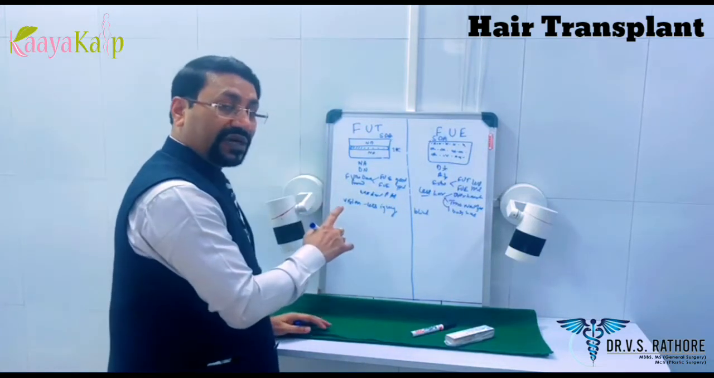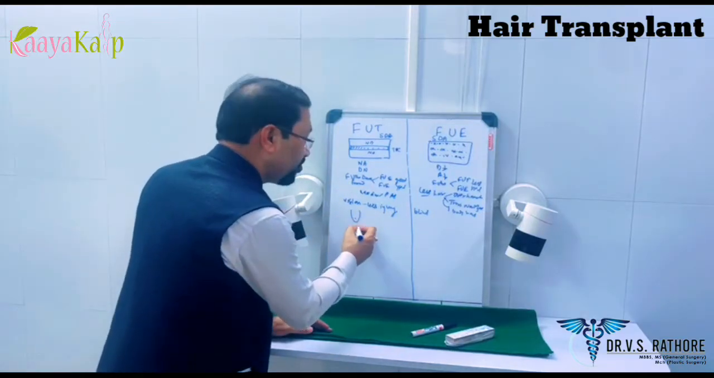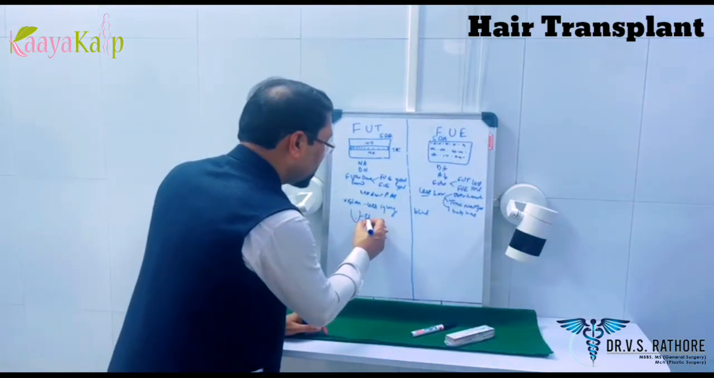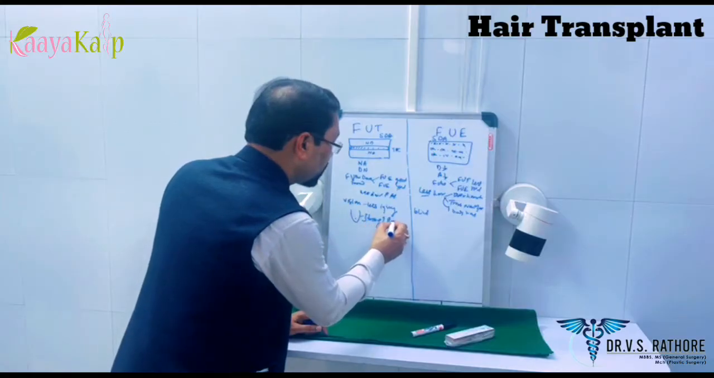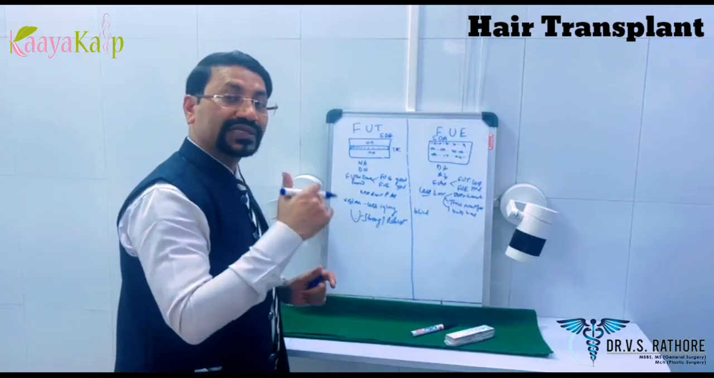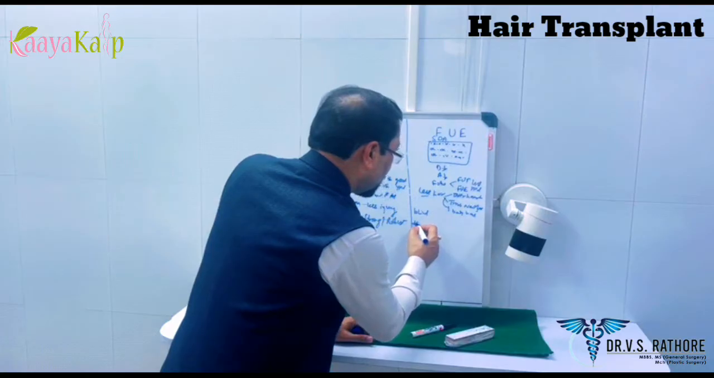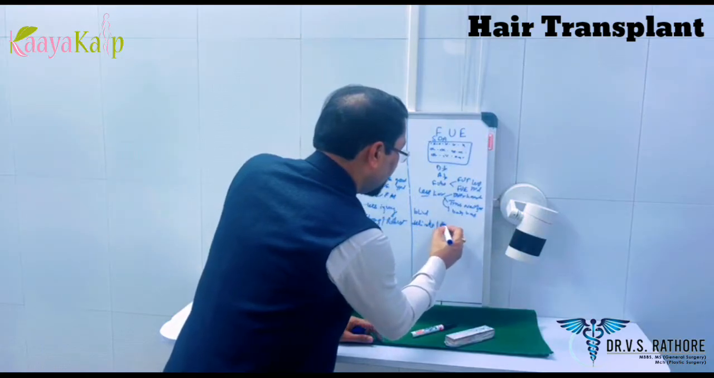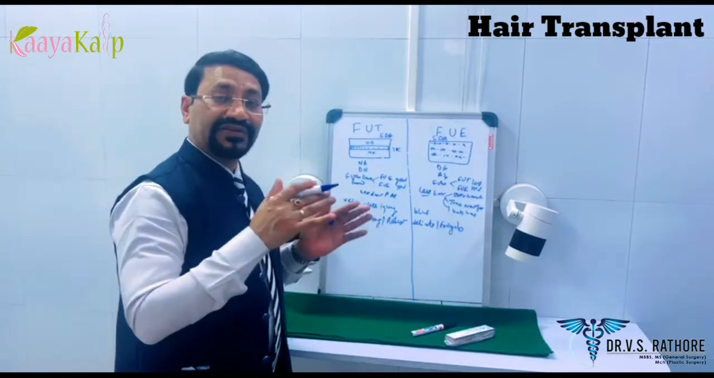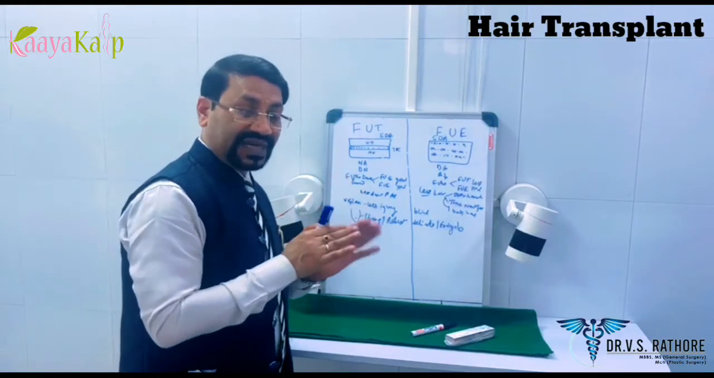Since in FUT the graft preparation is under vision, we keep an amount of fat all around the grafts. So that means these grafts are strong and robust, and anything strong and robust has better survival. While FUE hairs are delicate and fragile, so anything which is delicate and fragile has to be handled very delicately